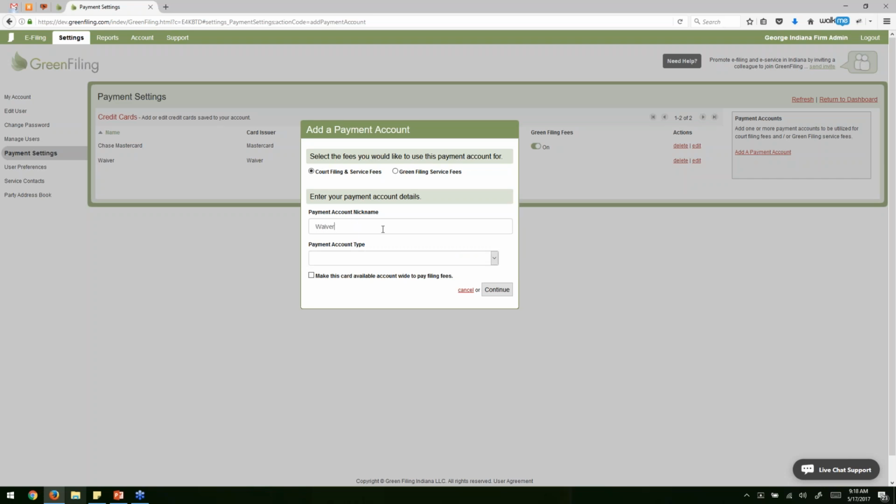We can use the nickname to call it whatever you want, and then select the payment account type. Now there are two types of payment accounts, a credit card payment account and a waiver payment account. Let me first just describe to you what the waiver payment account is. Waiver payment accounts are what you would use if you're filing something and you believe you do not owe any